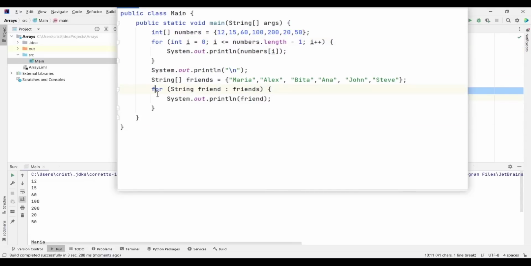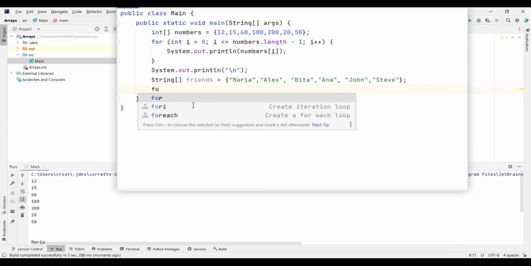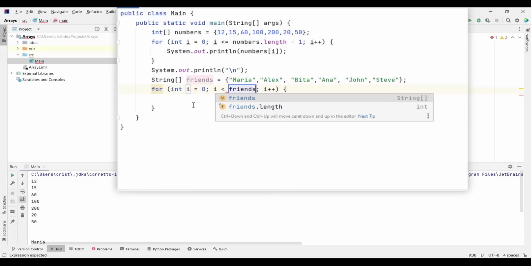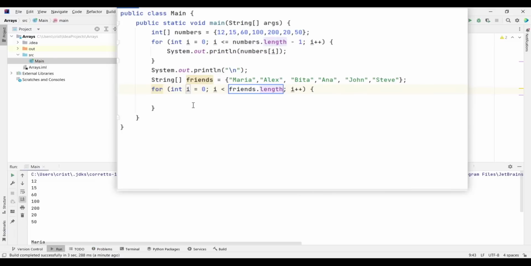And you can output the values in the friends array using a classical for. So I can type here for, and we have the suggestion, choose this one, it will generate the for you. And I'm gonna put for i equals 0, i less than friends dot length, and that is gonna return us the length of the array. So for friends dot length i plus plus, I'm gonna put tab again, then I'm gonna type here SOUT, and I will type friends, and I will get the index at each iteration.